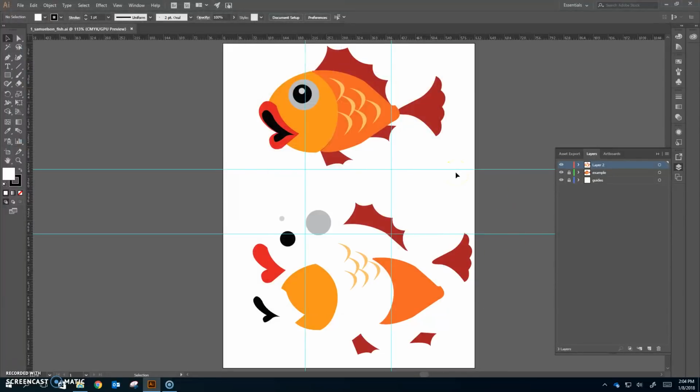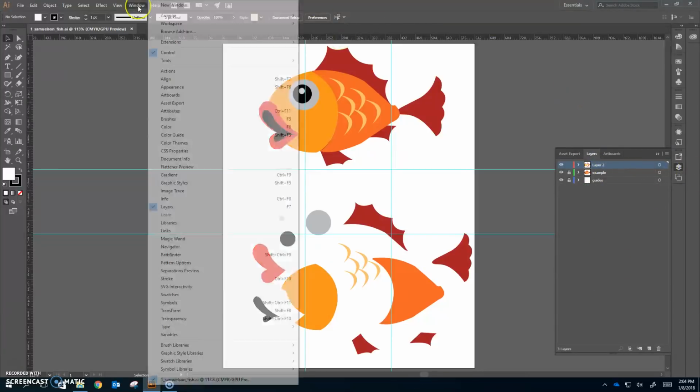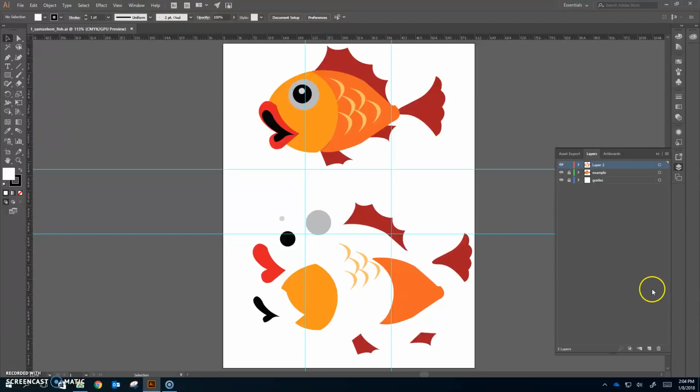All right, so if you look at your layers panel, and remember if you are missing any panels, you always find it under the window menu. You have 3 layers at this time. The bottom layer are your guides, and that's what these blue lines are. Guides have been set up just to help us